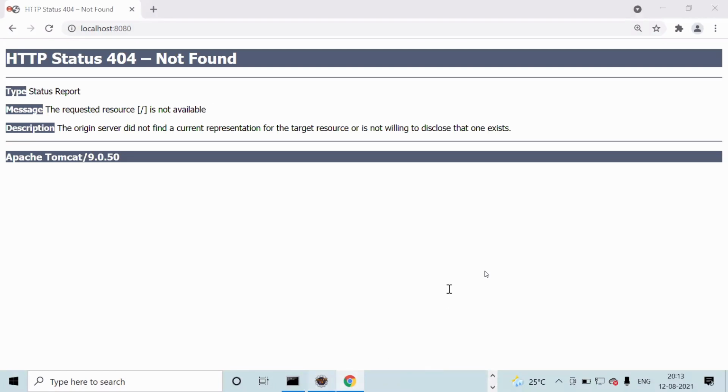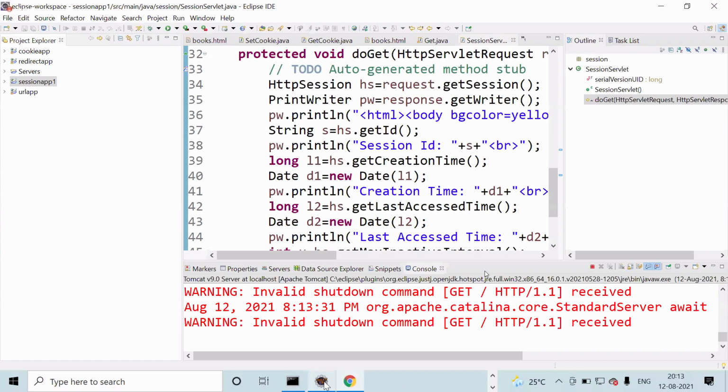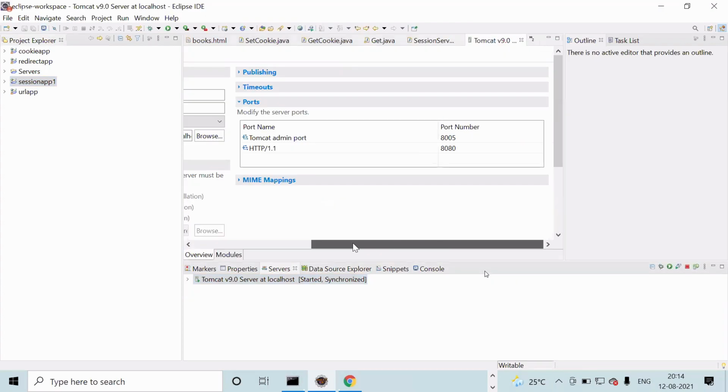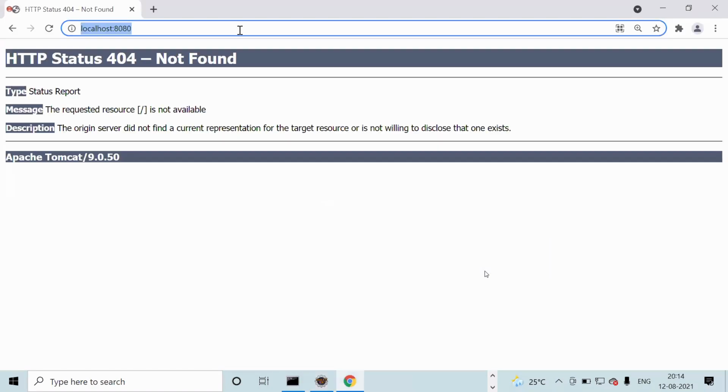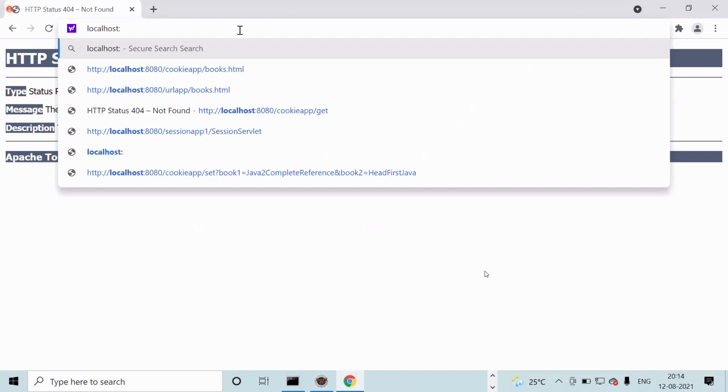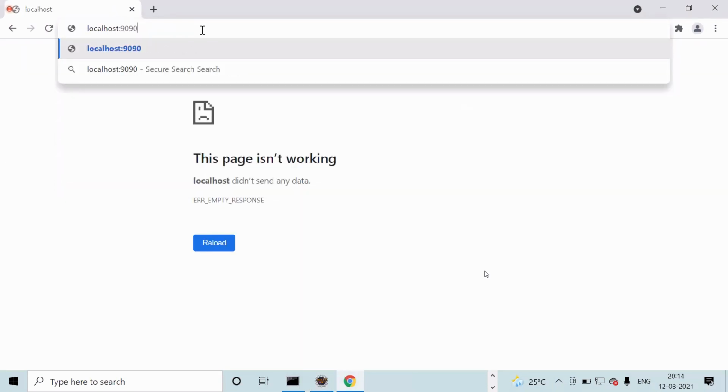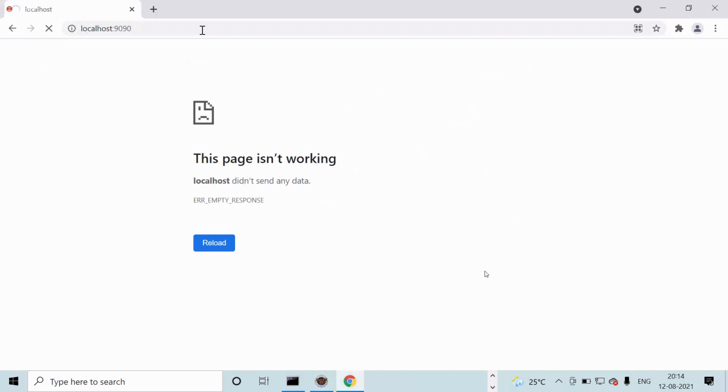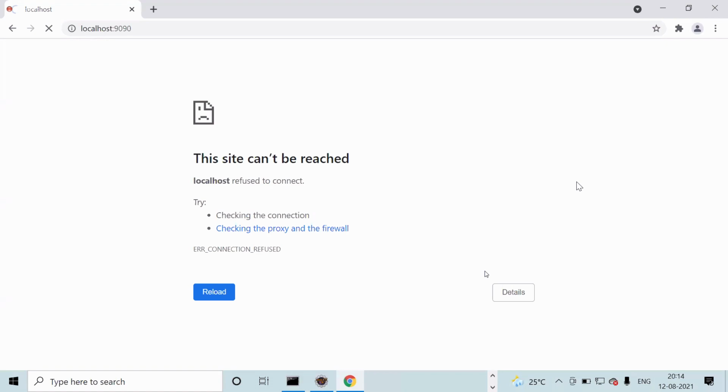Suppose I'll close Eclipse. One minute. Admin port 8005. So a somewhat different port number will be there in Eclipse.